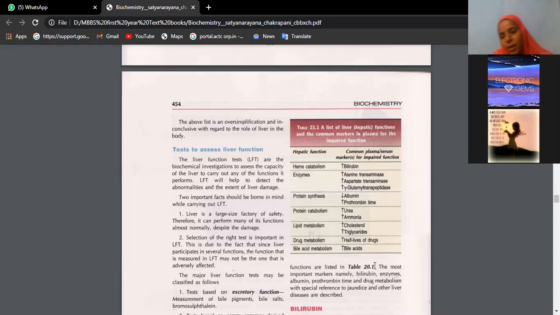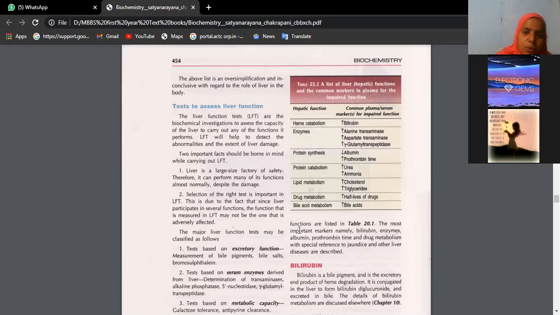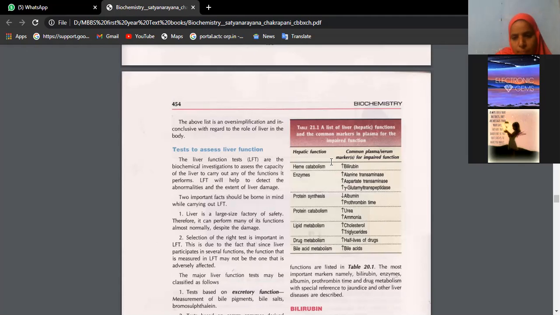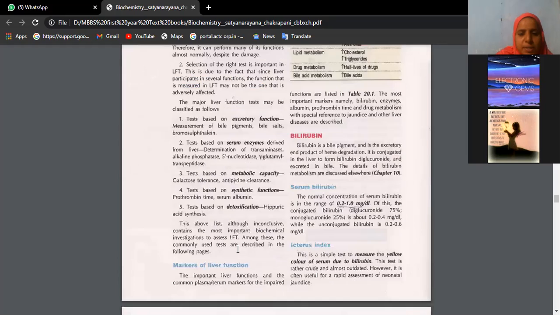Increased bile acids, can you name the bile acids? There are primary bile acids and secondary bile acids. Primary bile acids include the taurocholates and glycocholates of sodium, potassium. Chenodeoxycholic acid, lithocholic acid, deoxycholic acid. Okay, nice, very good. So you have to elaborate on this because it has come as an essay. The same thing has been discussed here.